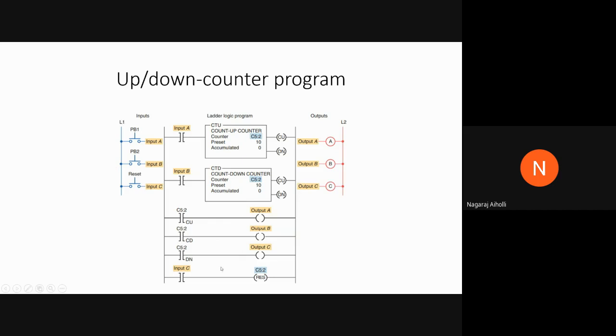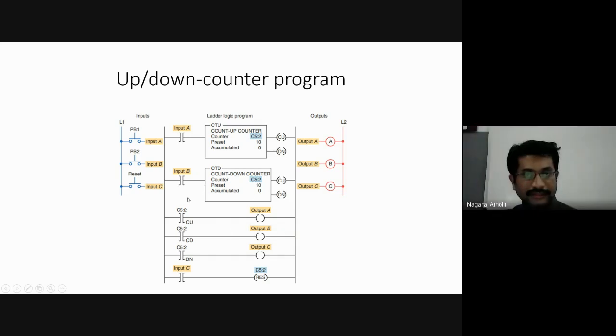This is the up-down counter program. Though the diagram looks big, it's a simple process. Let us analyze here. Here we are pressing this PB1 switch for the up counter. For the up counting process, input A is energized, because of which the up counter process will commence. Then it starts to count in the upward direction, 0, 1, 2, 3, 4, 5 like this.